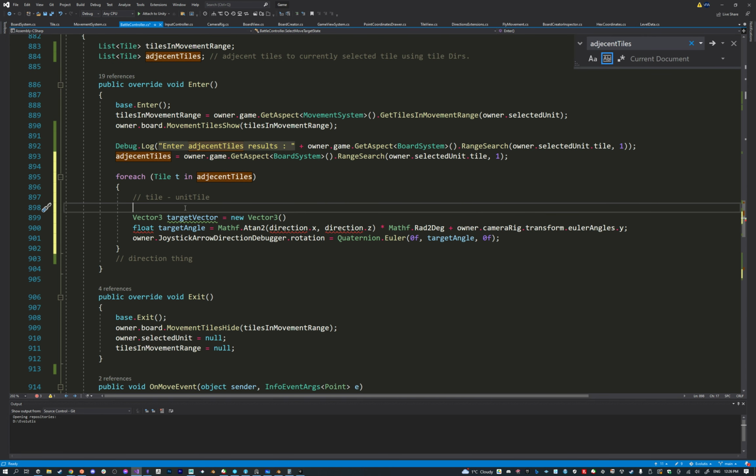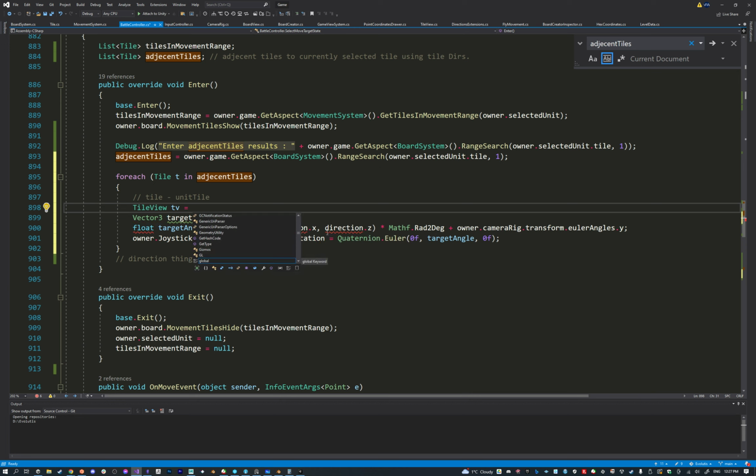Vector 3. Right. I need to grab. So for each tile, I want to have a tile view, I'll call it TV, is going to equal to,